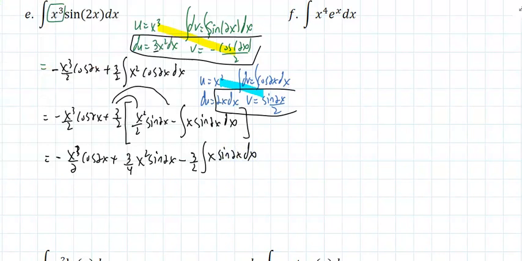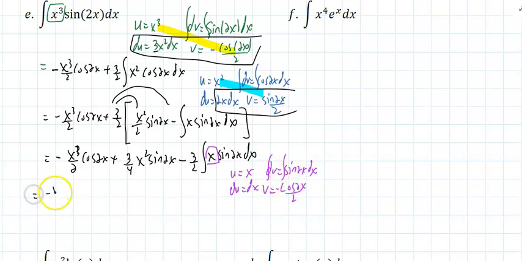On the third attempt, I could pretty much be done because I know if I let u equal x, du is dx, which means dv must be the sine of 2x dx, integrate, and v would be negative the cosine of 2x divided by 2. So far I have negative x cubed over 2 the cosine of 2x plus 3/4 x squared the sine of 2x minus 3 halves times u times v